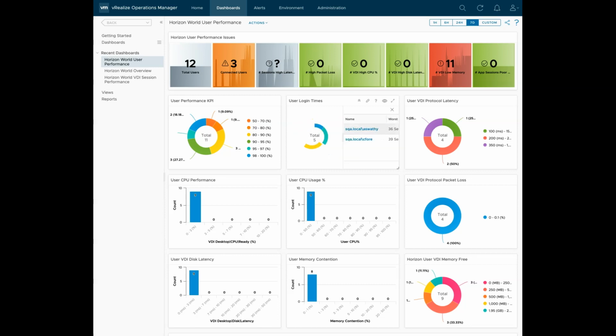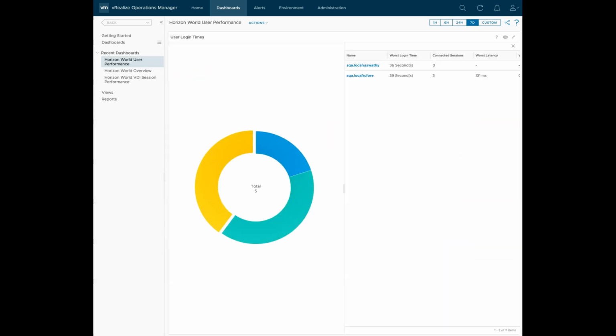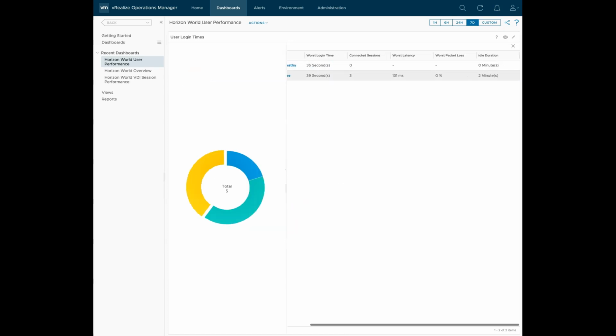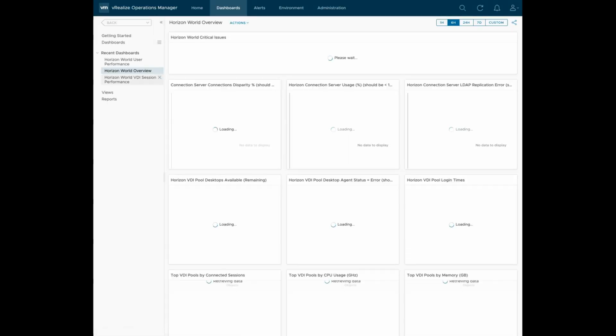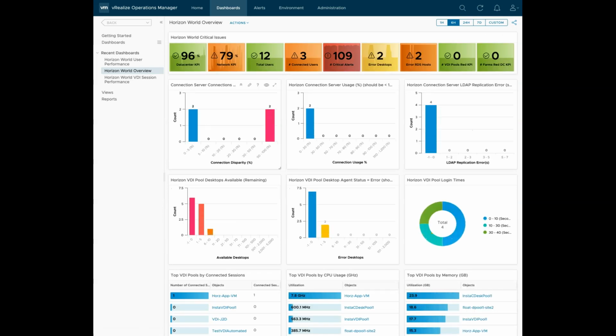You can quickly drill down into those issues. You can see their names. You can see additional information in terms of how many sessions they have, what's their overall worst latency, packet loss, any idle duration. Most of these are net new metrics coming along with the latest management pack. In addition to this, we've also added a new Horizon World dashboard. So this is a net new dashboard leveraging a lot of the new metrics we've just released in the 1.1